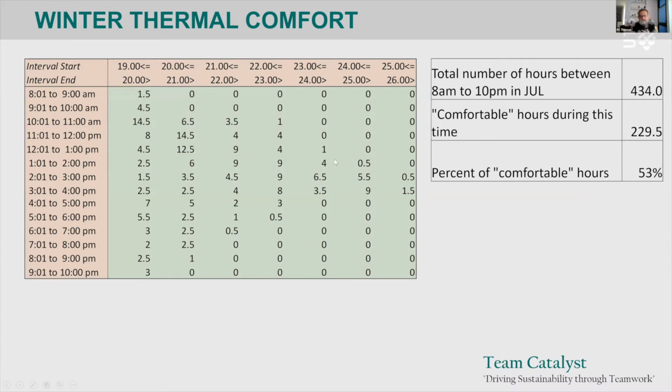I'm suggesting to myself that I feel comfortable if the space temperature was somewhere between 19 and 26. It's a daytime zone, so I only want to use it between 8 o'clock and 10 o'clock, and I'm interested in the performance at that time, okay? So from those hourly numbers, I'm saying, okay, there's 434 hours that I'm interested in, and I can see that about half of that time is comfortable without me doing heating and cooling, but half of the time is uncomfortable. So I need a small heating system to offset that load.